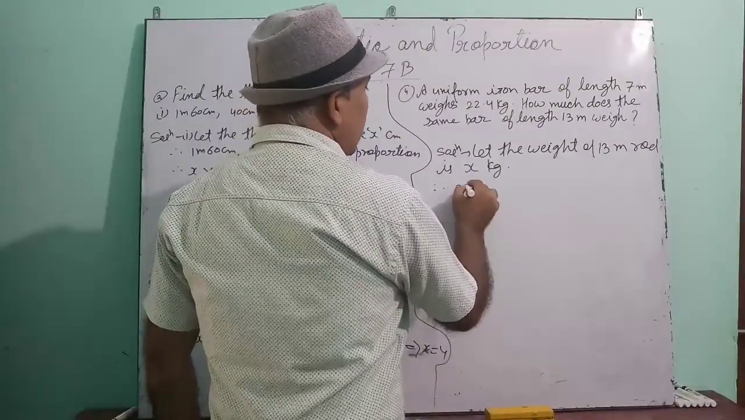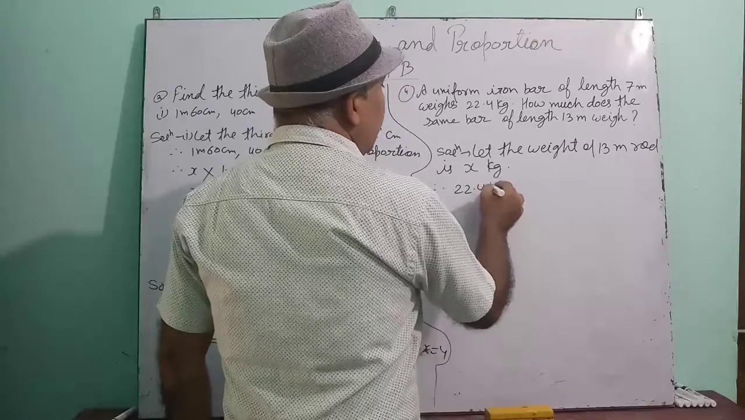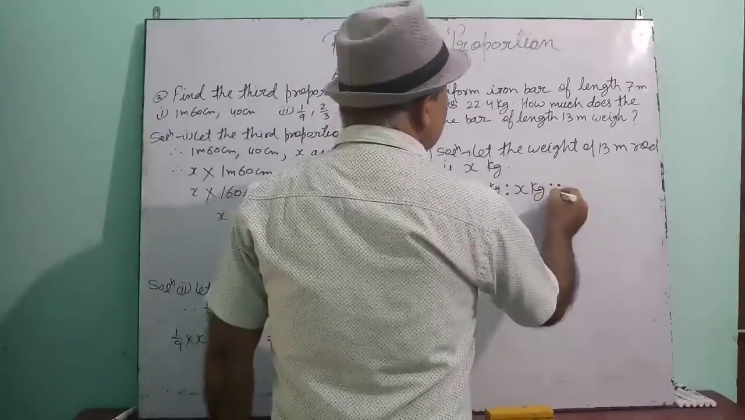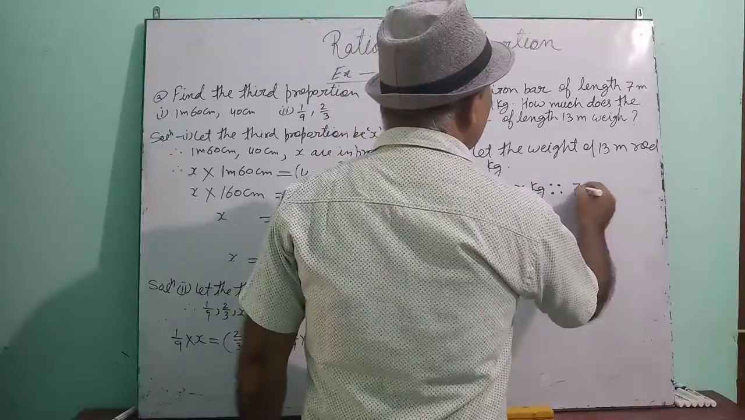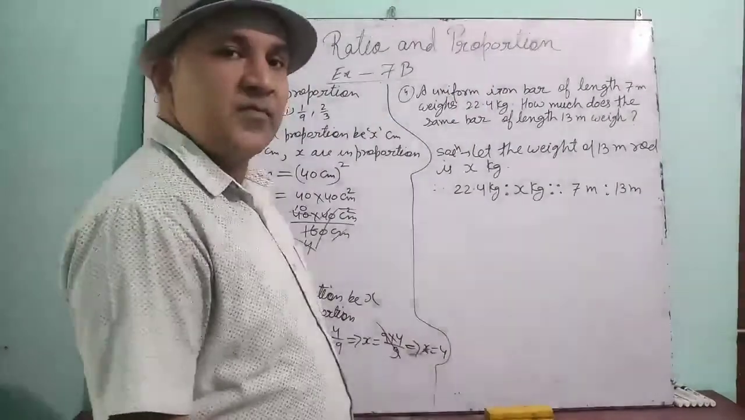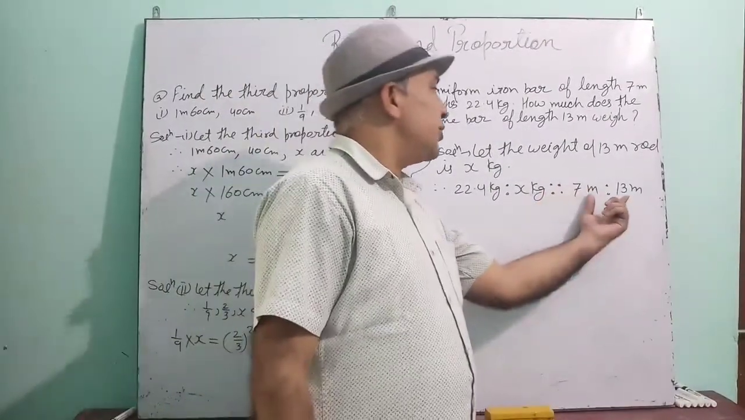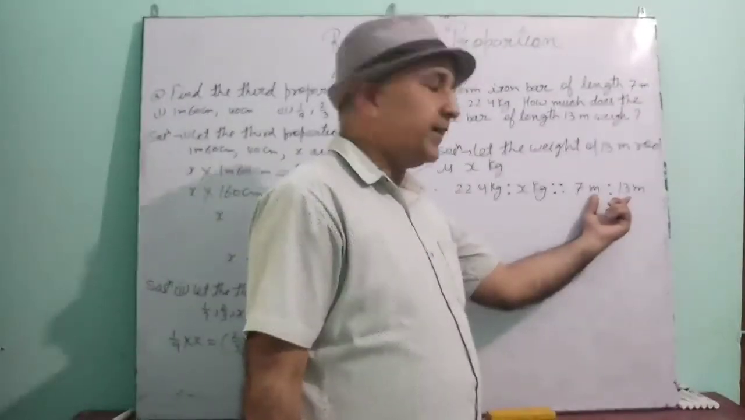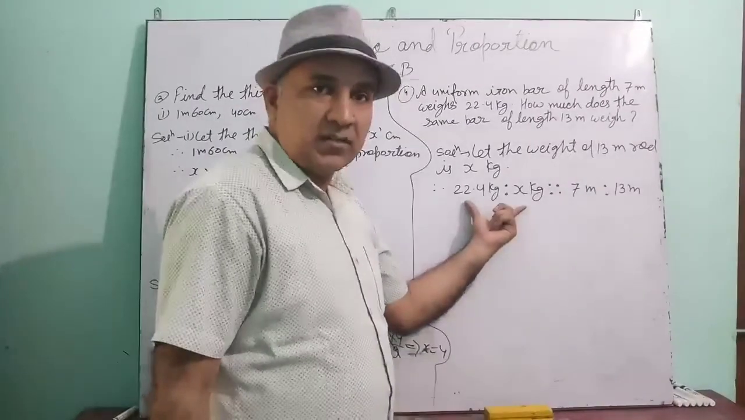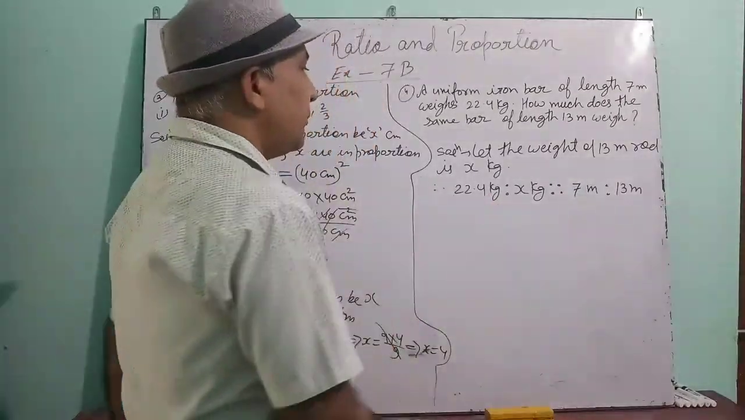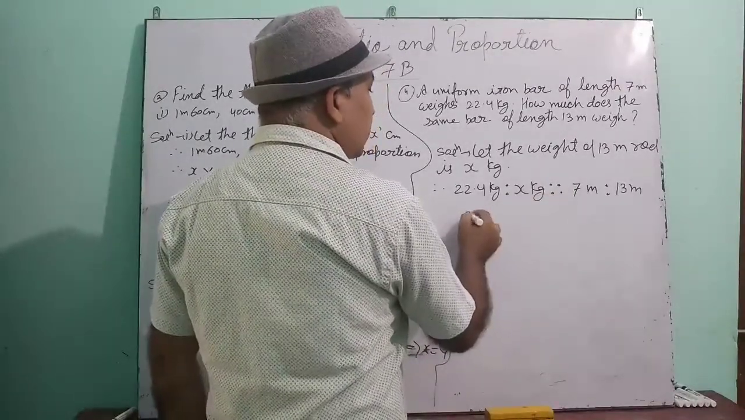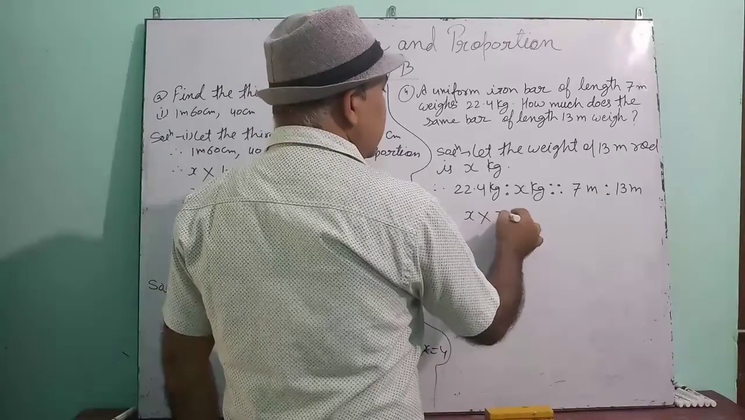Therefore, 22.4 kg ratio x kg should be in the proportion of 7 meter ratio 13 meter. Is this understood? Because ratio is the comparison of the same quantity. That is why length is compared with length and mass is compared with mass. Understood? Now we will apply. What is the method? The product of means is equal to product of extremes. That means